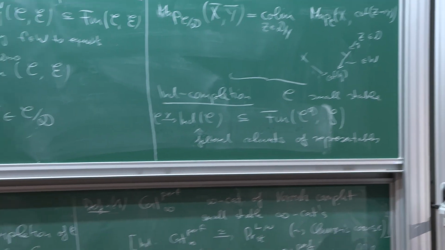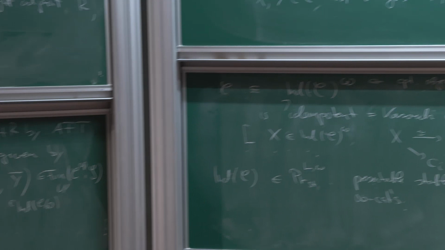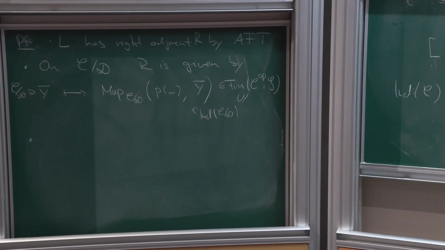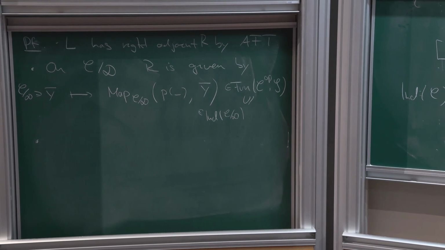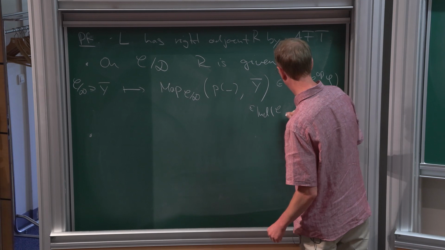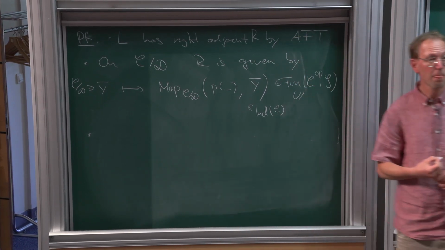Okay. Yes. So that's the explicit formula. We want to see in the index C, right? Not C. It is in the Ind-completion of C. Thanks. Yeah, of course. Thank you.